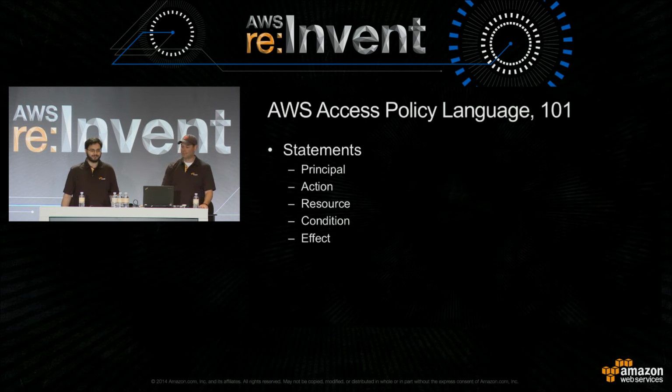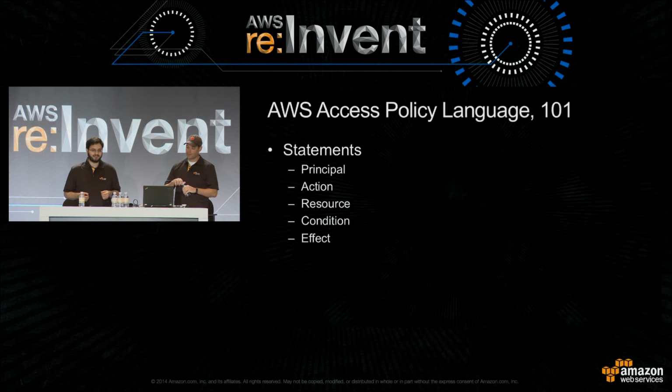The really short summary is that the way policy evaluation in AWS works is there are a bunch of statements. Each policy is one or more statements. And access to an AWS API is allowed if there is at least one statement that matches the request that says effect allow, and there are exactly 0 statements that say effect deny. So denies win if they are present, and you need at least one allow.